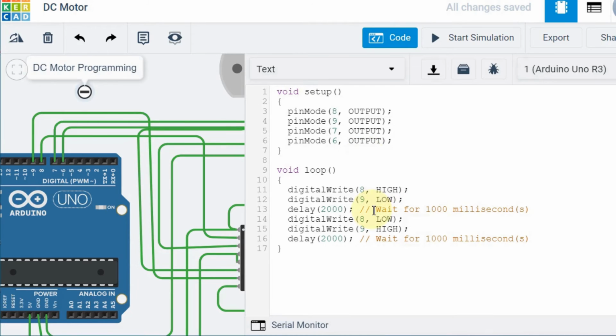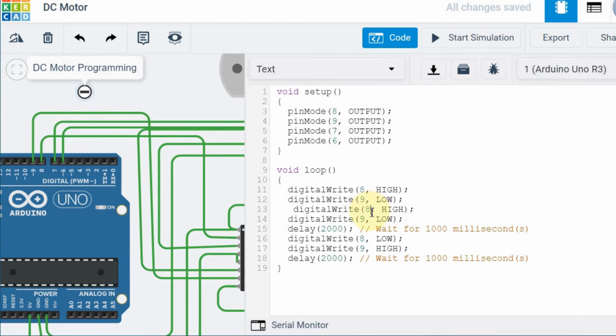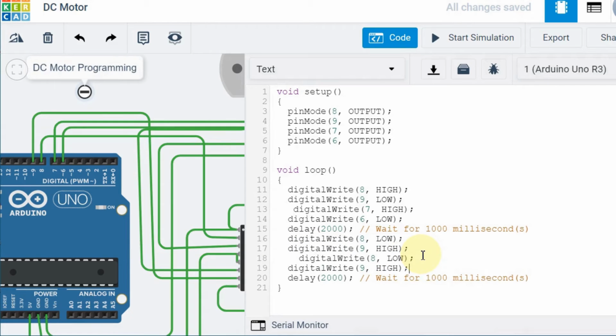So during the first 2 seconds, I want to run the second motor in the clockwise direction. So I'm just going to copy this and paste here, and change the pin numbers into 7 and 6, and I'm going to copy this and paste it in the second delay.